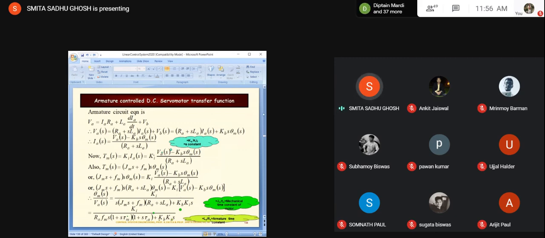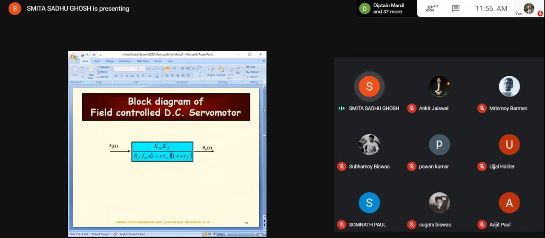On the other hand, if you recollect the field controlled model that we had, first of all, it cannot be reduced separately, it is a third order model by itself. And we find that since there is no back EMF, everything has to come from either the motor time constant or the field time constant, or the quantities which dictate those, meaning the Jm, Fm, and Rf, Lf, etc. So there is no question of additional damping coming in the field controlled operation.